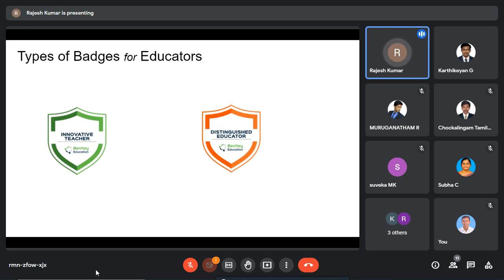Now, types of badges for educators. All the badges available for students are eligible for the faculties as well. Just as a distinguished certificate is available for influential students, we have one for innovative teacher, and then there is a certificate available for distinguished educator.